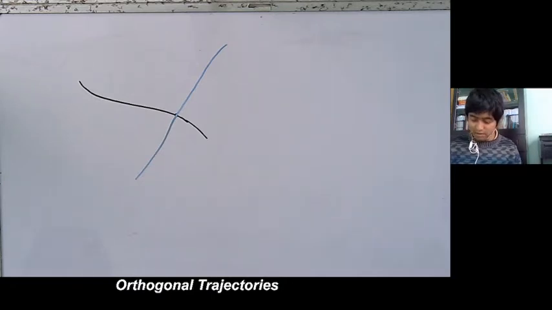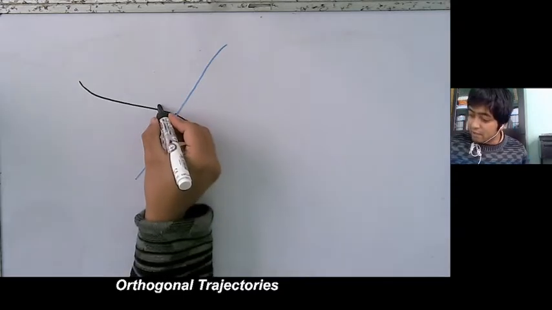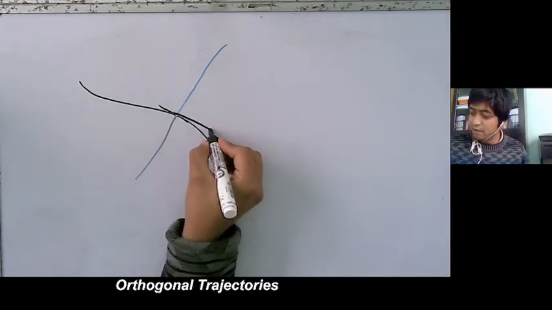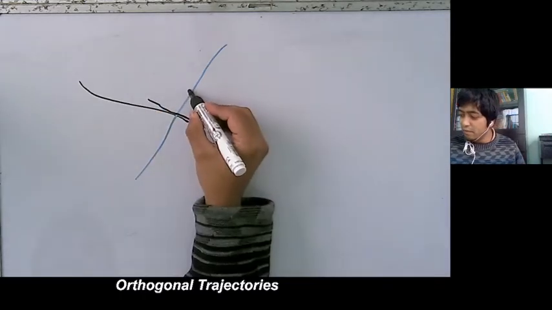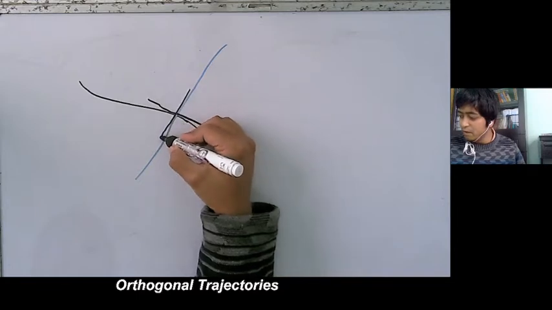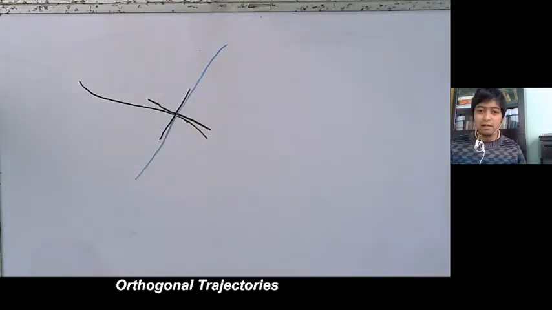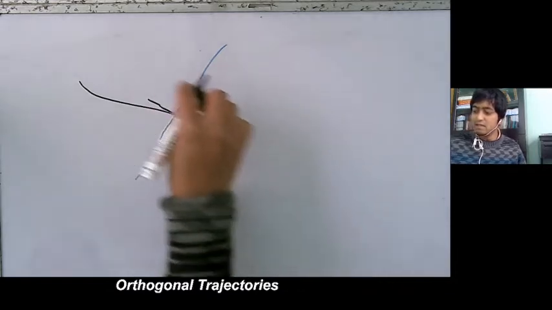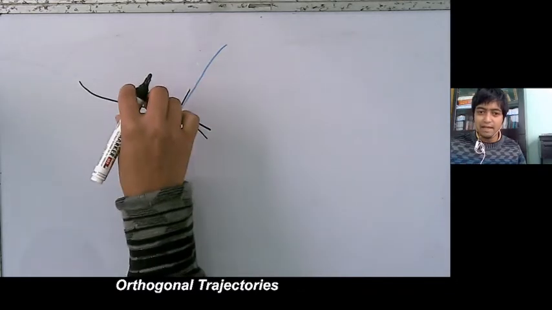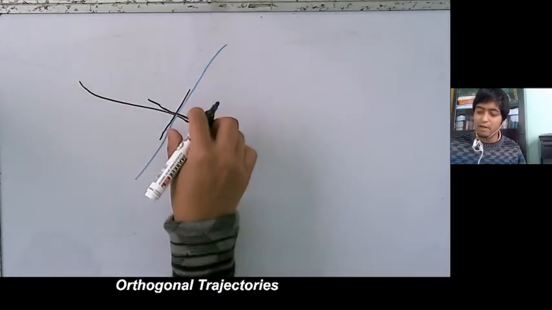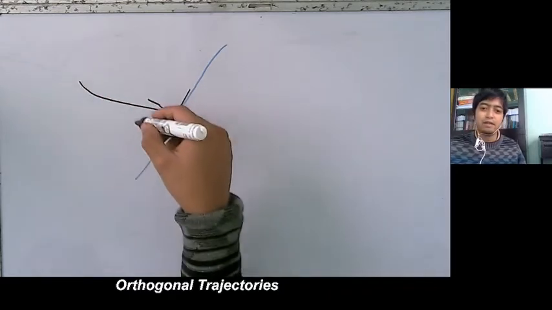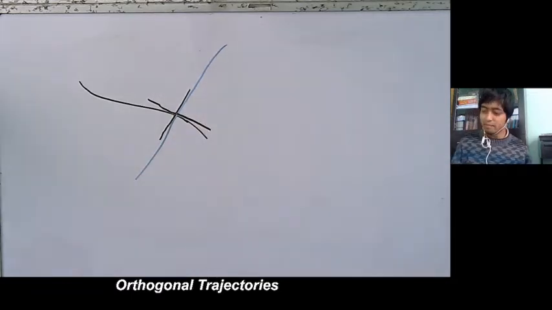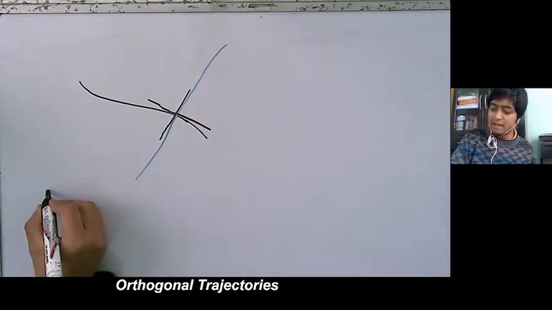You must notice something over here: if we draw the tangent for this black curve, then it will be like this. If we draw the tangent for the blue curve, it will be something like this. So if the tangents of the black and the blue curves are perpendicular, then we will say that the black curve is perpendicular to the blue curve. I will write it down. If the tangent